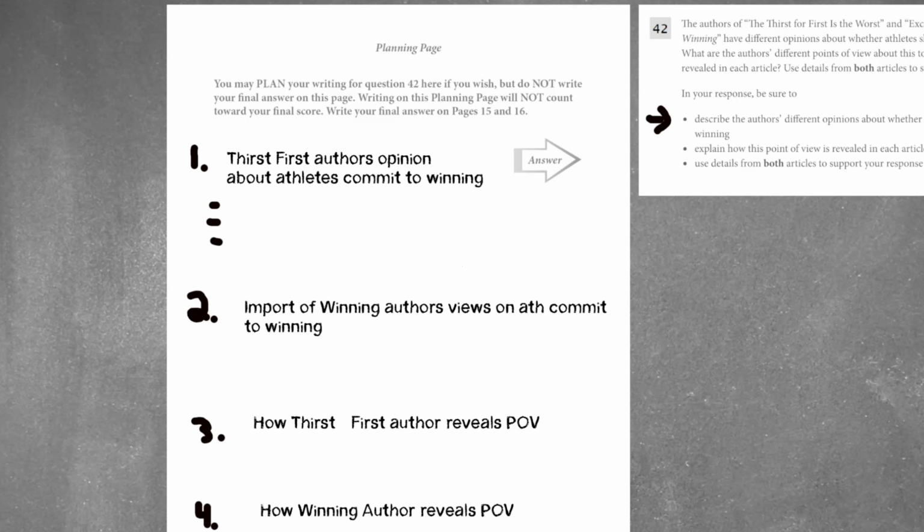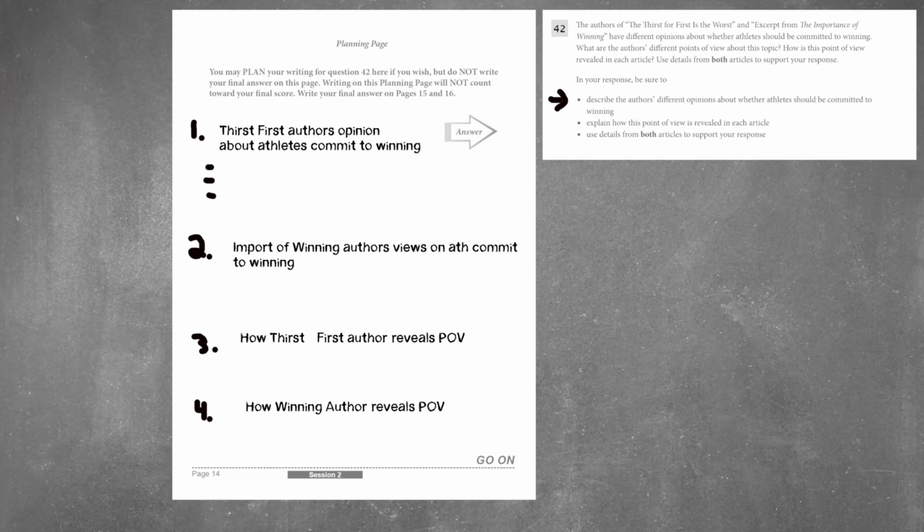Now, as we set forth 1, 2, 3, and 4, the next step is to find the answers for each of these questions. And where do we find it? In the actual work itself. Thirst for First author's opinion about athletes' commitment to winning. So we go to Thirst for First, and we need to find an answer. So underneath this section, you better put an A, and this is critical, answer equals, and then we're going to find the answer.